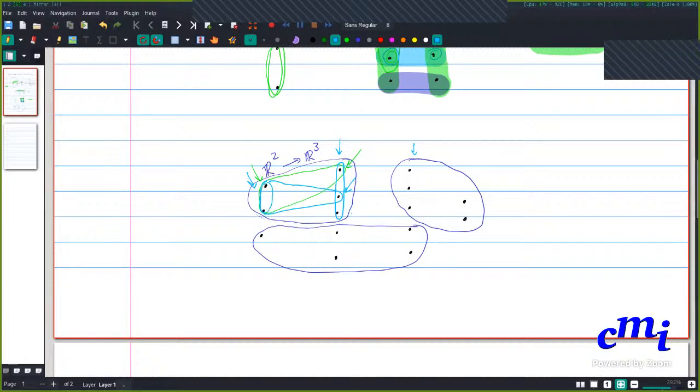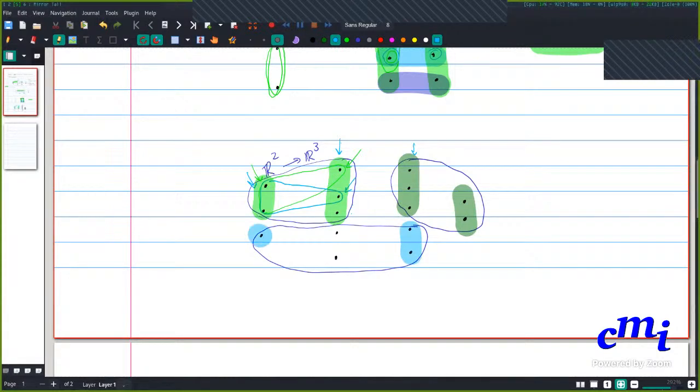So we have a bunch of linear inequalities relating these to these, a bunch relating these to this, and a bunch relating this to this.